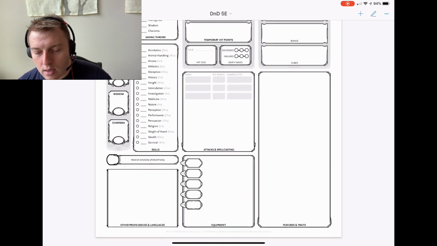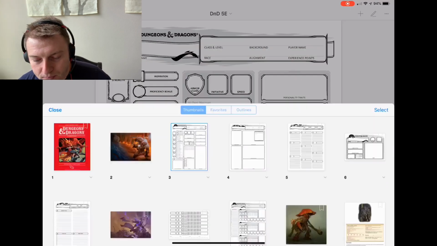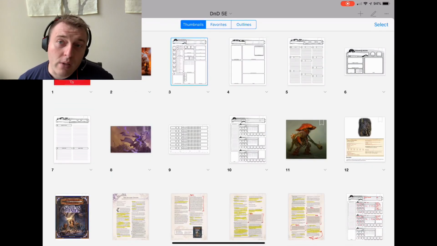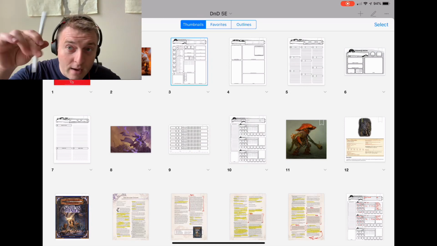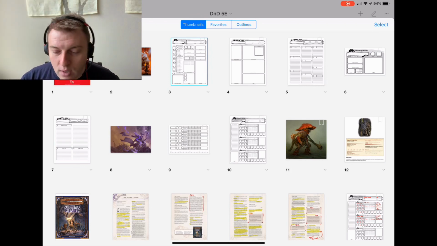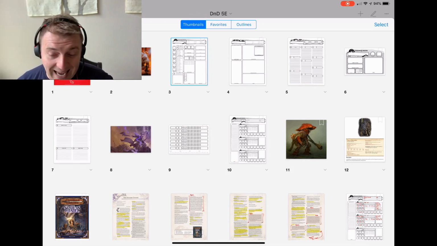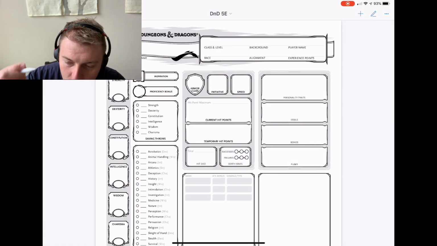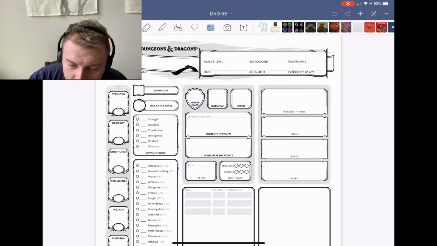So this is like a player character sheet. So you could use it as a player to help manage your game. I'm doing this on an iPad Pro, so I have the Apple Pencil to use with this, which works excellently well. So if you go in and you actually make a character off of this, you can use the Apple Pencil